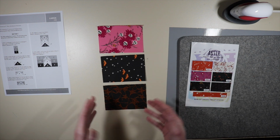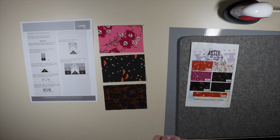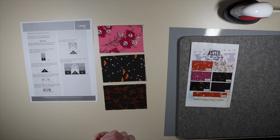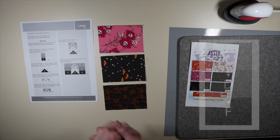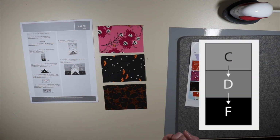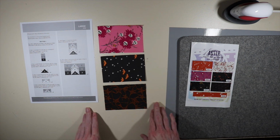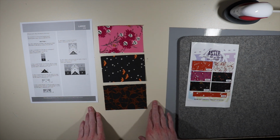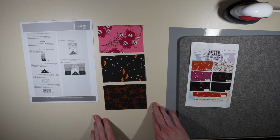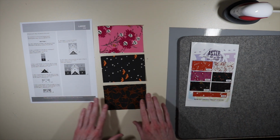All right, let's go ahead and get started. At the very top of our instructions, it says all seam allowances are 1/4 of an inch. So remember to use 1/4 of an inch seam allowance. We're going to be pressing in the direction of the arrows listed on our diagram. So we'll be checking that as we go along. We're going to be starting off with section 1. You'll be making 4 of section 1, and the instructions below tell you how to make all 4 sections at the same time. So we're going to be making 4 of this clue all at once,